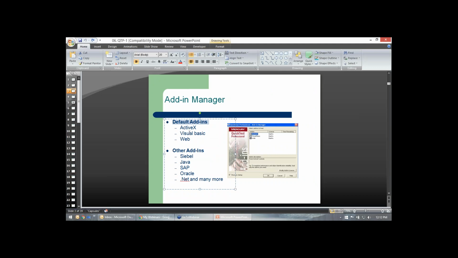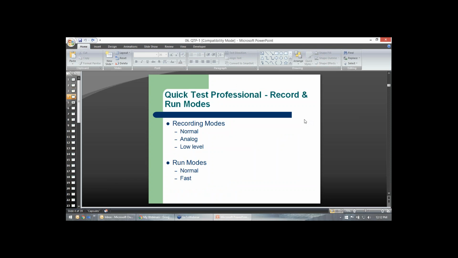Add-ins mean separate features that you want to plug in, because the site might contain ActiveX, Visual Basic, or web. When you check that checkbox, it will include it. Otherwise, it doesn't record that session.